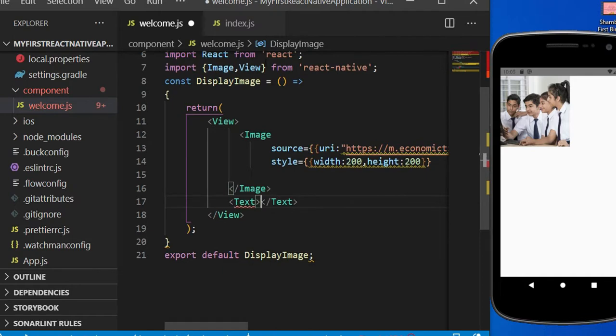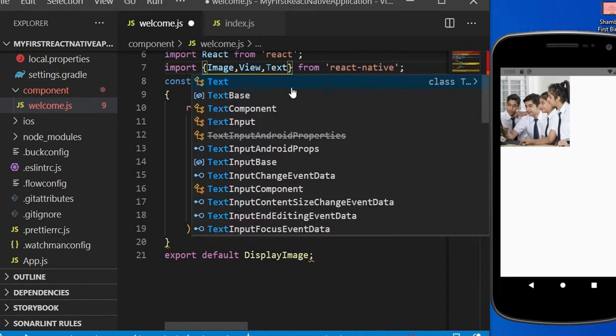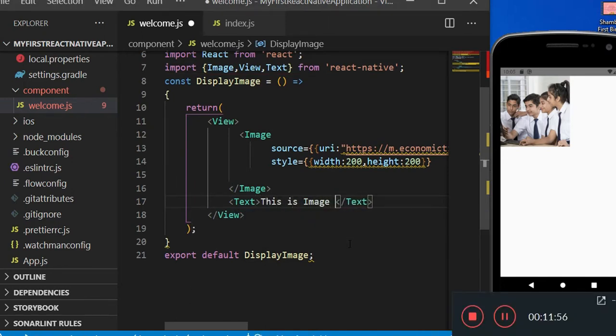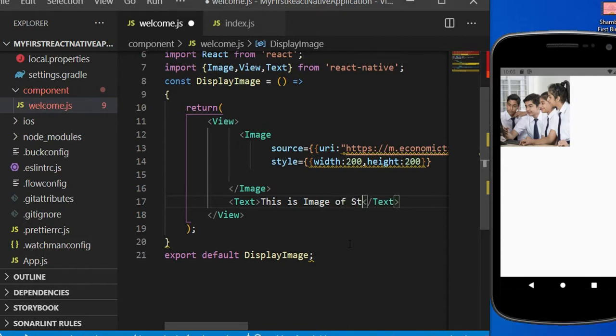If you are using the Text component, then you have to import it as well. So comma, here we have to import that Text component, and then here you can display the message: this is an image of students. If you save this, you will get the output.